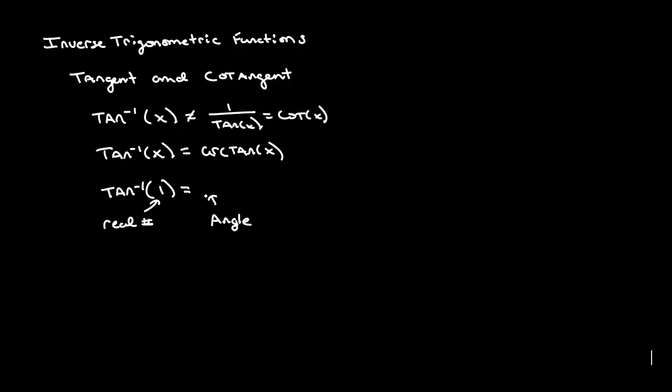So we want to know what angle gets kicked out, or better yet, the better way of phrasing this is, what angle has a tangent value of 1. So again, if we take a look at the unit circle,